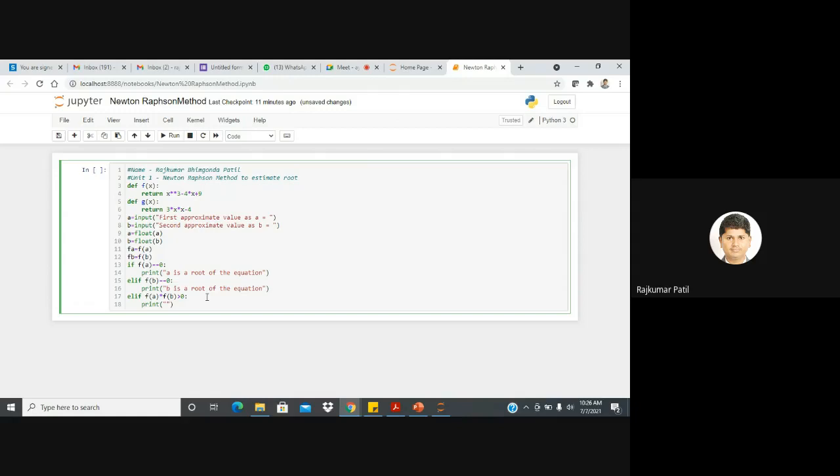So we will write here, root does not lie between a and b, and we need to change the values of a and b. If this condition is true, then the program will go back to lines 7 and 8, and it will ask you to enter the values of a and b. So again, this program will continue.